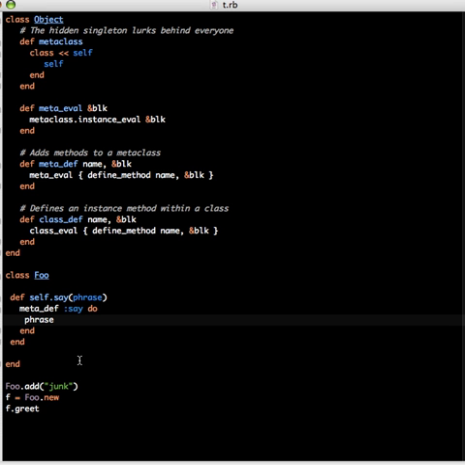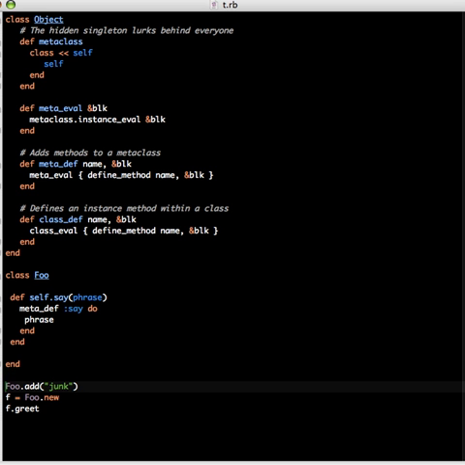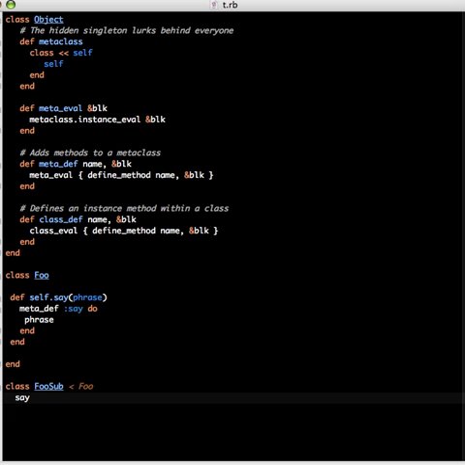but this new say class method is added to foo that can be used in class definition. Okay, so now what I want to do is create a subclass of foo. Let's just call it foo sub. Extends from foo, and it says